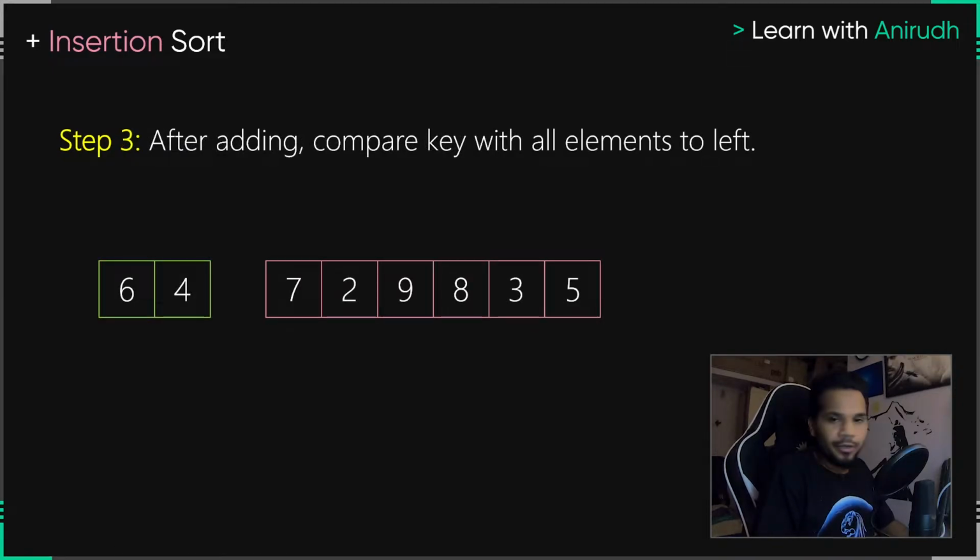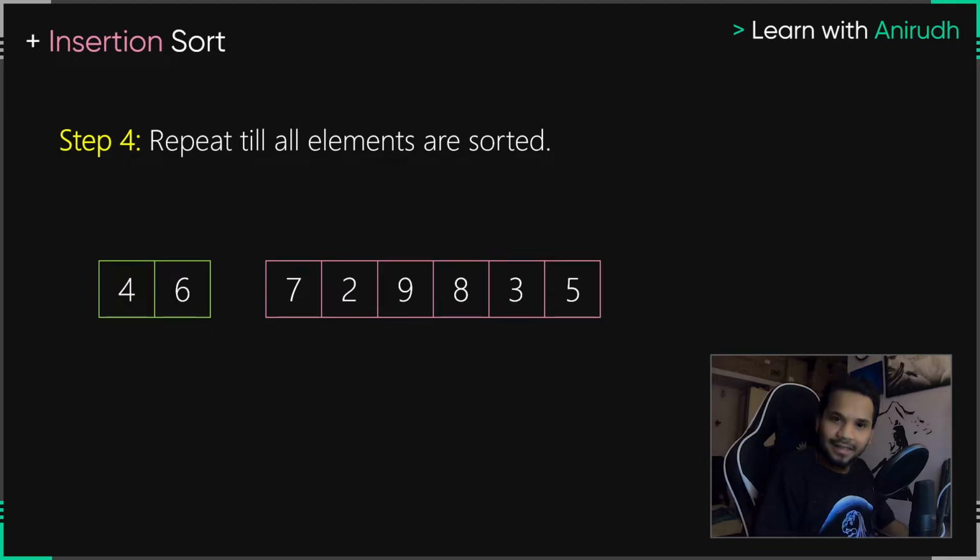Okay, so how do we go about doing that? We just realize that 4 is less than 6 here. So if 4 is less than 6, what do we do? We just do a simple swap. Correct? Now it is in the correct order. Okay, so we just took a look at one simple case.